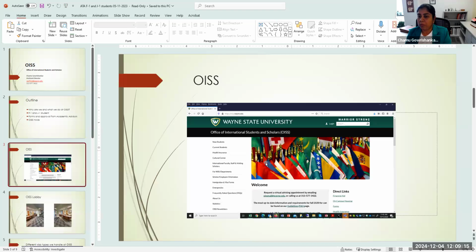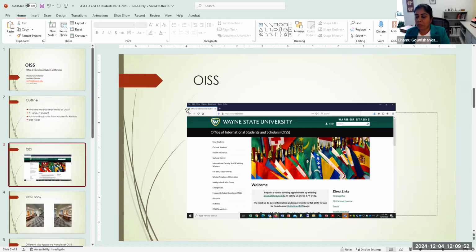This is our website, and it's oiss.wayne.edu. And once you go there, you will see all these different categories under the site tab. And if you scroll down, I mean, I took a screenshot, so I can't show you a scroll down, but if you scroll down, there is a link to forms in our page. And this is where most of the forms are printed, and students bring it to you for approval. And I'll talk a little bit about some of the things that they come to you for approval.